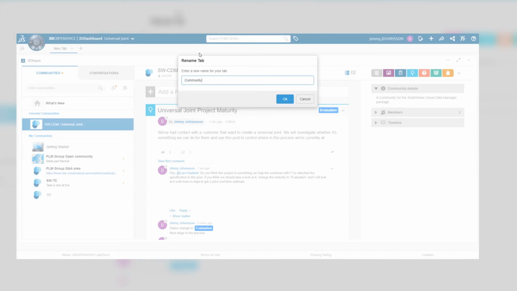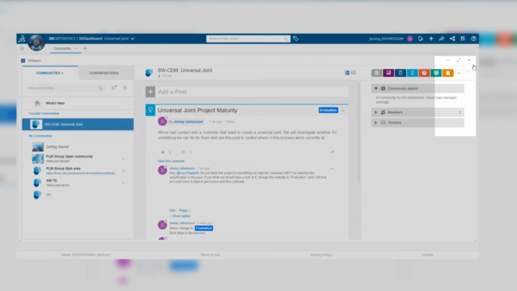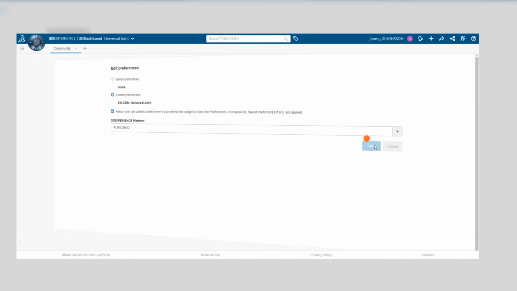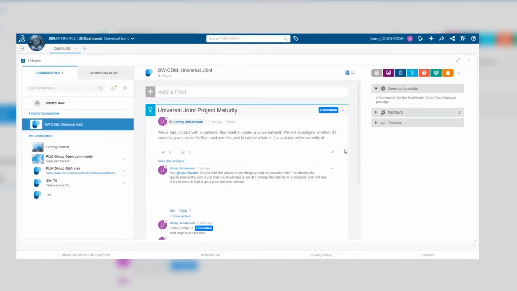community. If you click at the upper right corner and select Preferences, you can select Current Preferences and save to ensure that this tab in this dashboard will always display this